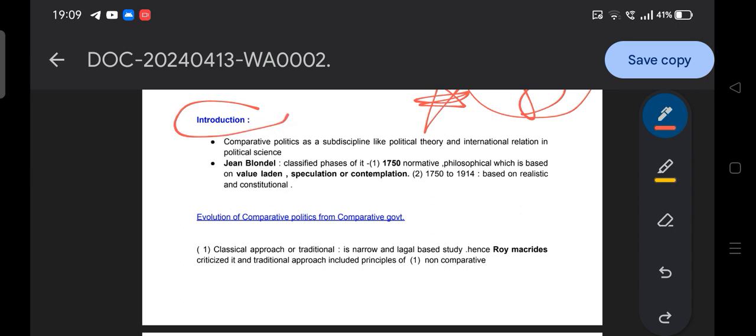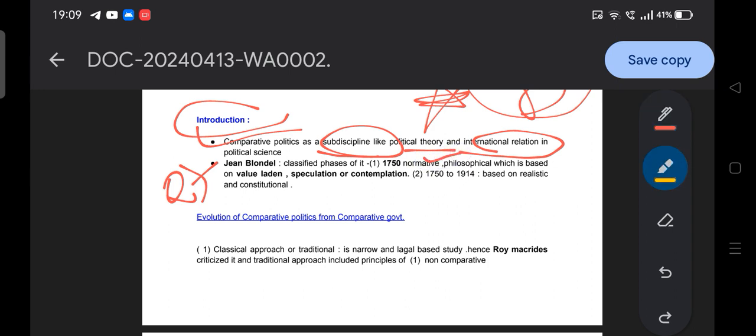Introduction first. Comparative politics is a sub-discipline, like political theory and international relations, in political science. As I said, comparative politics is a subdiscipline of our political science only. So that is not what they will ask, but the question can be framed like this: Jean Blondel classified the phases of comparative politics into